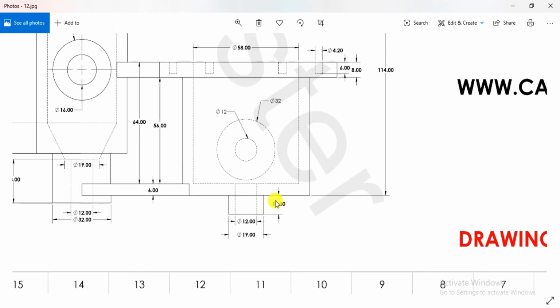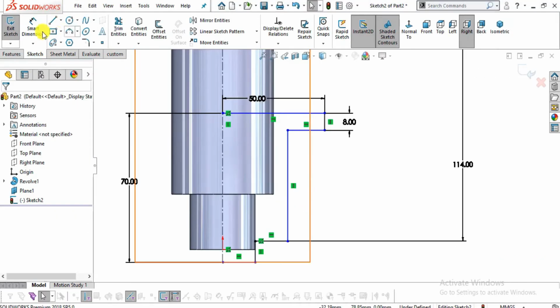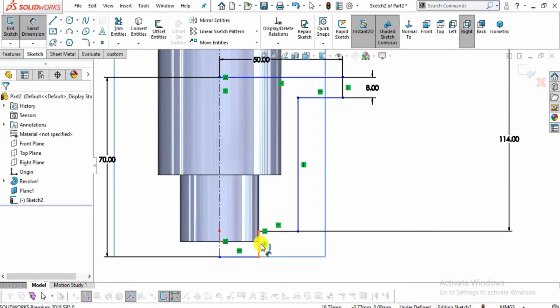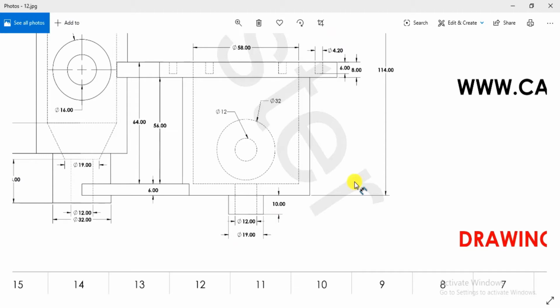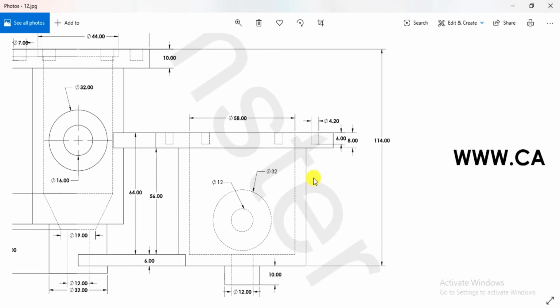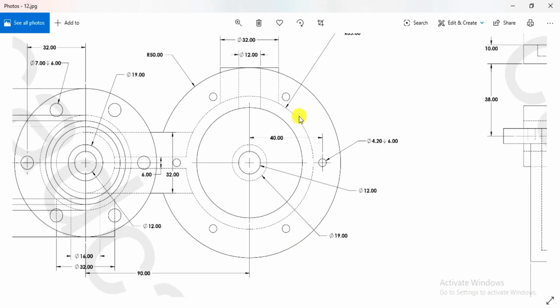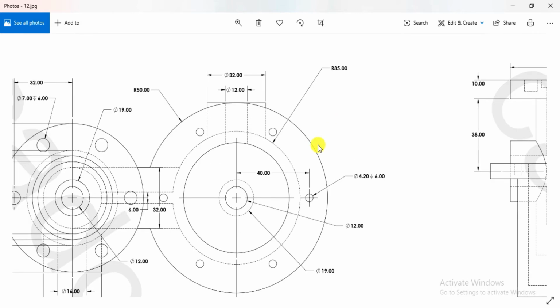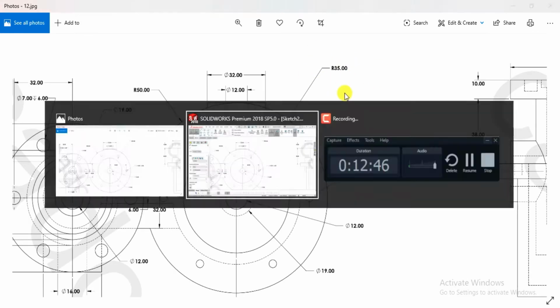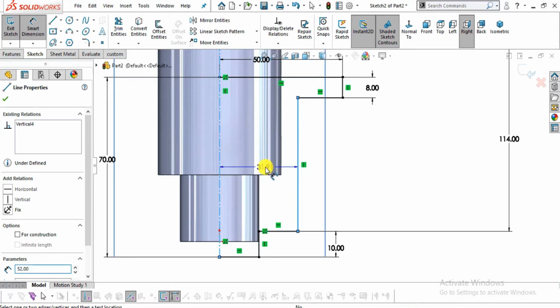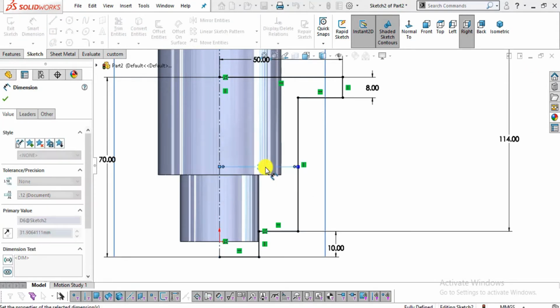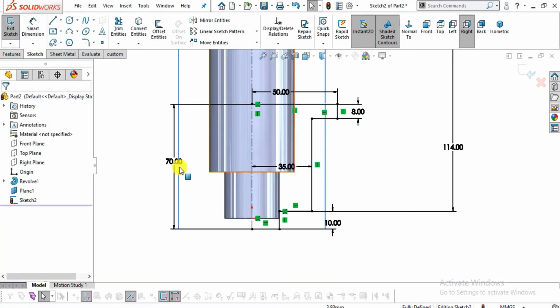From this view, the thickness is 10 mm. So go to smart dimension, select this side and enter the value of 10 mm. Click here OK. Now from here to here, it is given with the help of this view. You can see this radius is 35. So select this one and this one. This is 35. Now it is fully defined.